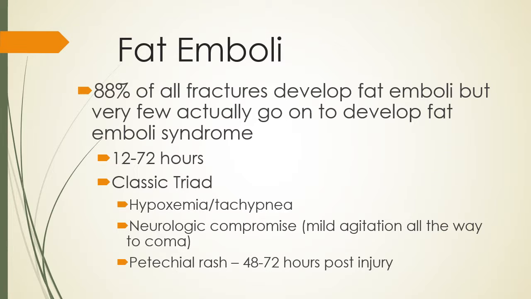A fat emboli is another common complication. 88% of all fractures develop fat emboli, but very few actually go on to develop fat emboli syndrome. What happens in a fat emboli? Well, when we break a long bone, especially, that bone marrow, which has become yellow bone marrow, so it's kind of a fatty bone marrow in the middle, can actually leak out into the tissues, be absorbed into the bloodstream,